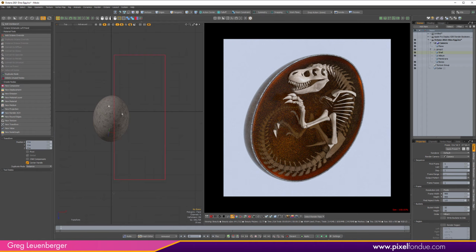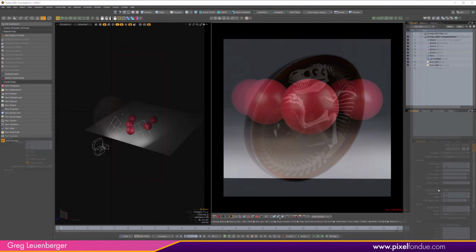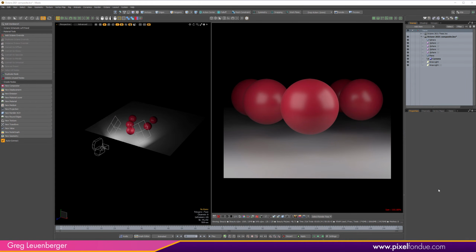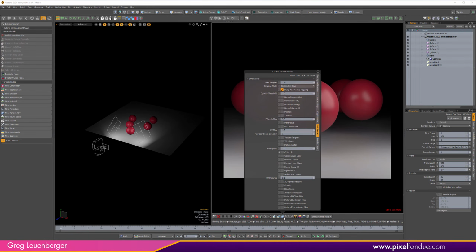Anyway, so it's a pretty cool effect, and you can use it for all kinds of reveals and things like that. So that's the new clipping material. Octane 2021 completely redid all their render AOVs. So there's a whole new way of doing render AOVs. You do them nodally now. You used to be able to do, and you actually can still do this if you want to,